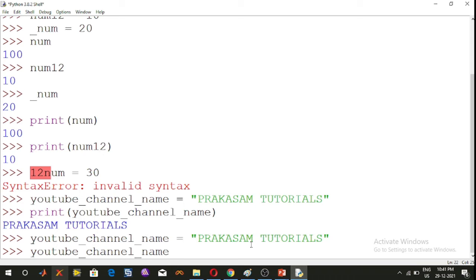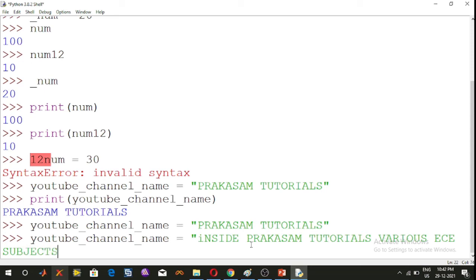Now I will assign, within the double quotation, inside Prakasham tutorials, various ECE subjects explained clearly. And close the double quotation and then press the enter key.